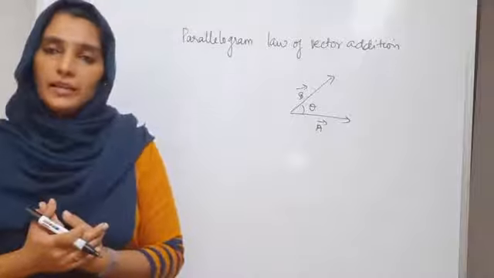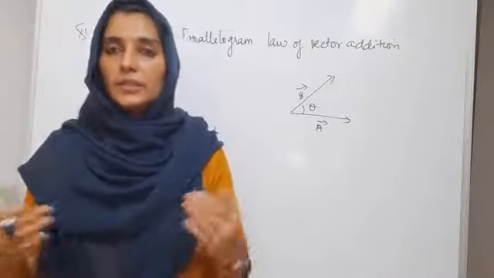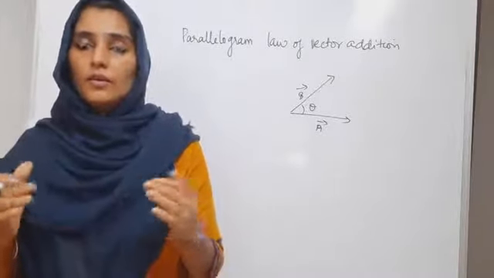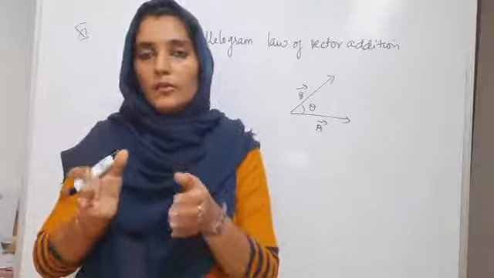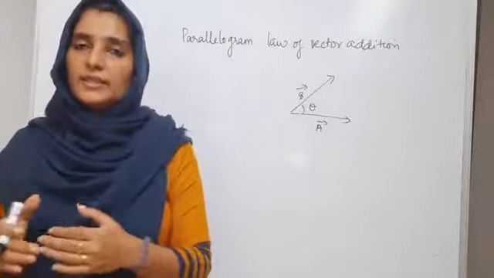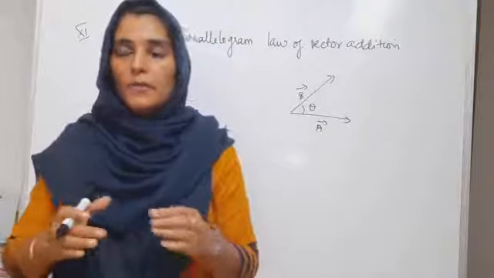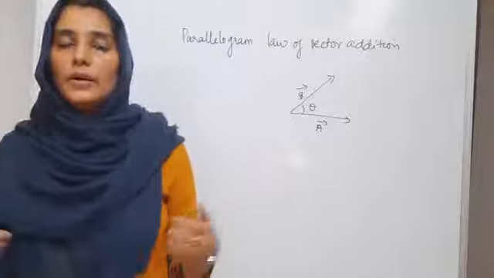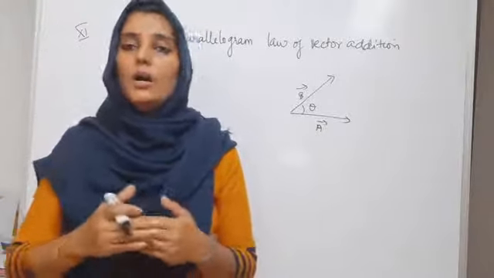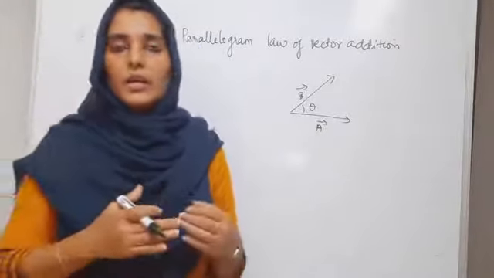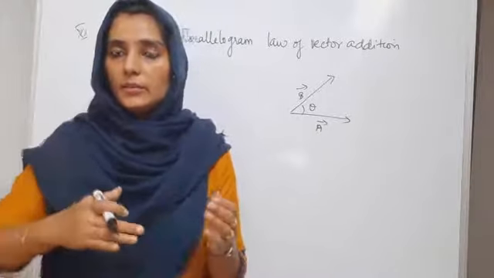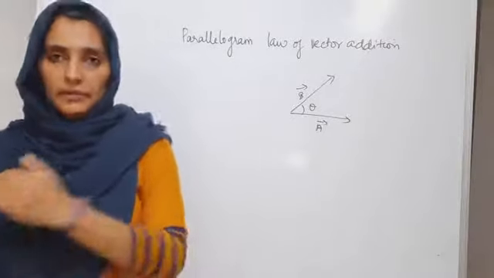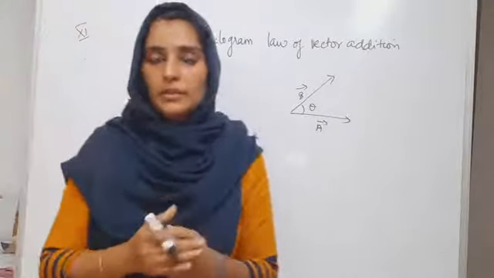So it is our real life experience that when two forces act in two different directions, the resultant of these forces will be in a particular direction. Suppose in the case of tug of war, we know that there are two teams on either side of the rope who are trying to pull with maximum strength. So it is an experience that the team who uses more force tends to win the competition.